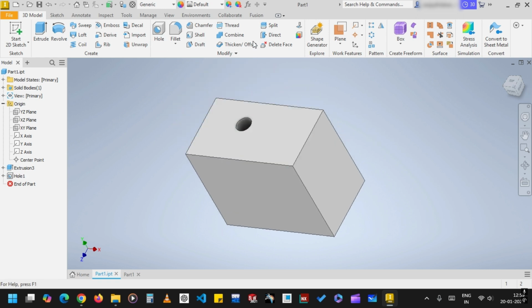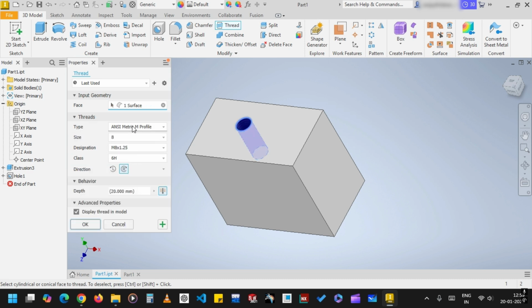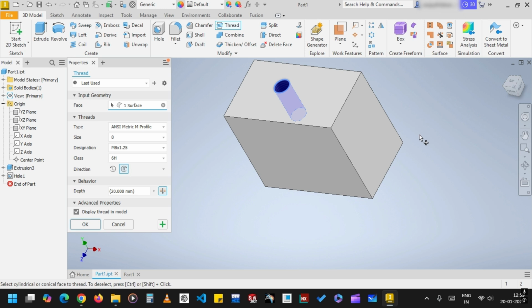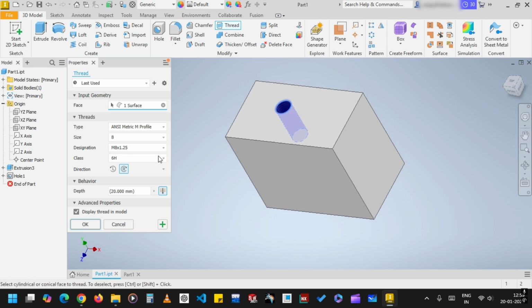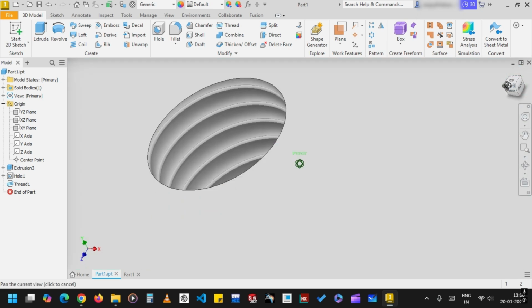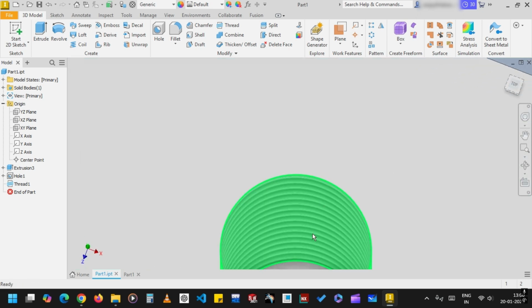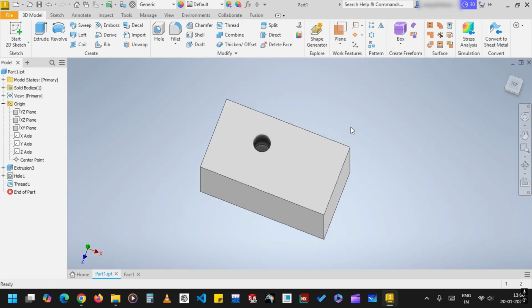We can thread this using the thread option, and select this face and give as per our requirement. I've selected the standard M8 at 1.25 mm pitch of 8 mm dia. So let's select OK. You can see the internal thread of 20 mm depth. So that is it, guys. These are some of the basics in Autodesk Inventor. If you like it,